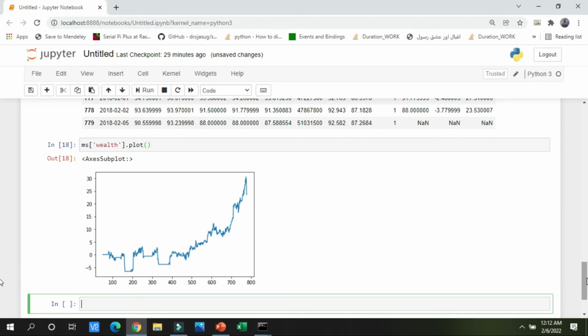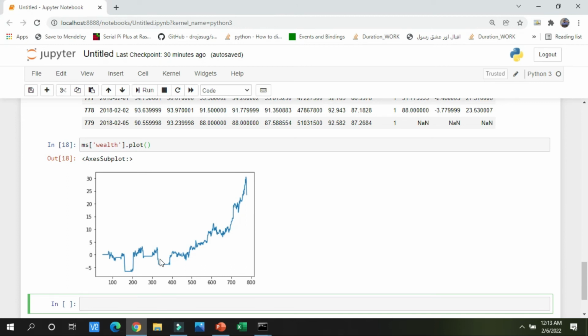It is showing that at the start we have earned a $0 profit, then we go to the negative, meaning we were in loss, then we start making money and the money increases, and time by time we move up and down. It is showing us the total spread of wealth over a period of time.